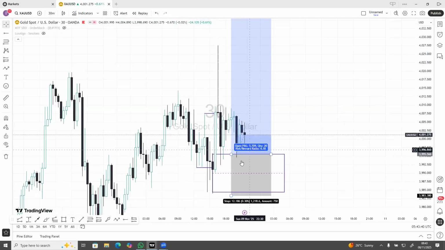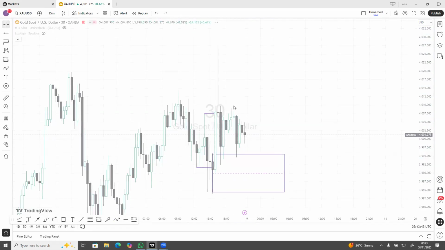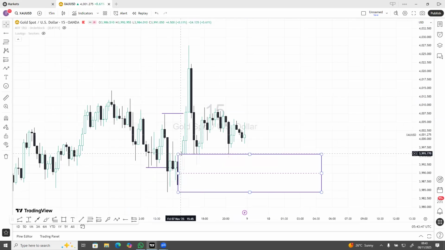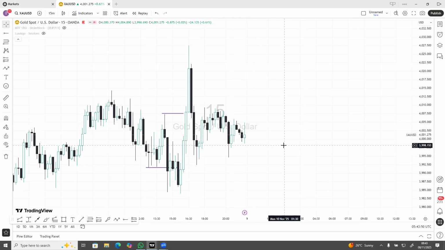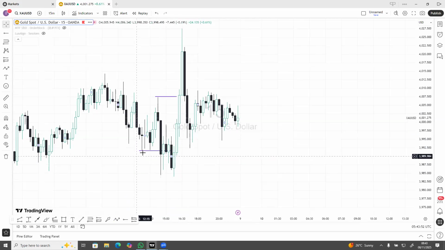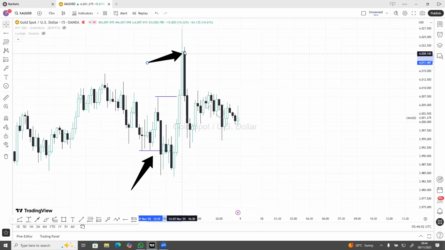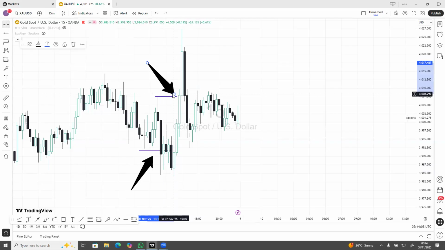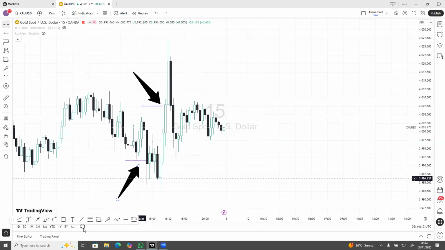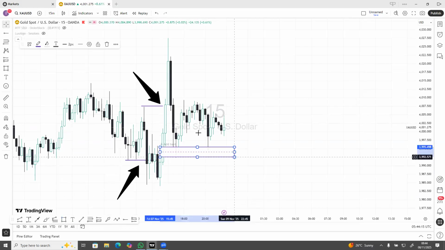Okay, so if that market structure is hard to understand, we can shift it to 15 minutes. On 15 minutes, there is very, very good market structure created. You can see there is a sweep, that is a sweep, and then shift. You can see that is a very valid shift with the candle closure above that previous high. After that sweep, you can see a deep retracement until price reaches that FVG. So